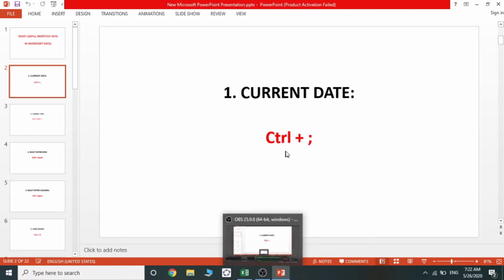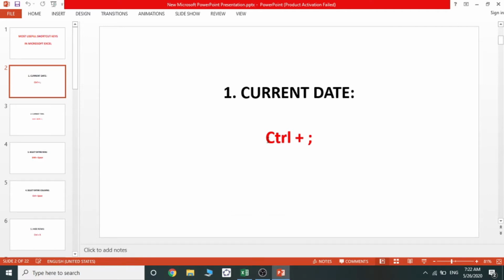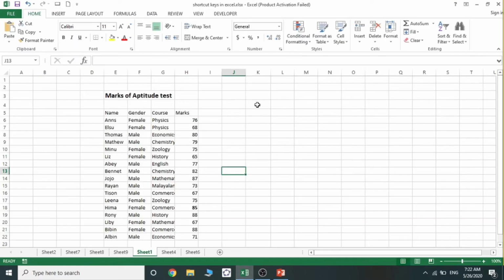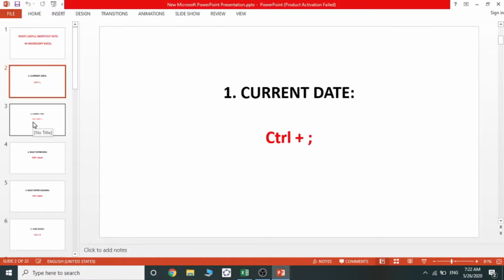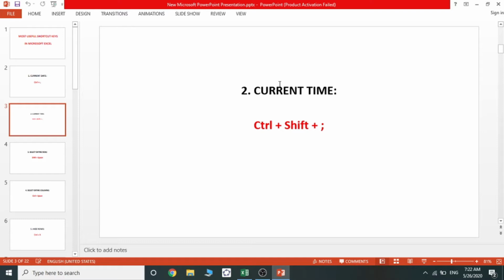For entering the current date, we can use Control plus semicolon. Just select a cell, click Control plus semicolon, and the current date is displayed in the cell. Similarly, we can enter the current time by pressing Control plus Shift plus semicolon.